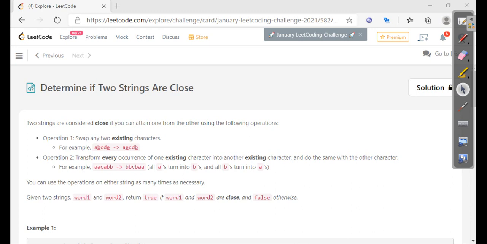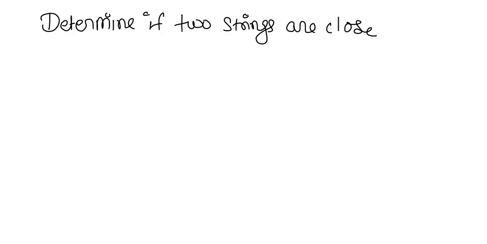So how are we going to solve this problem? Suppose we take one example, A, A, C, A, B, B, and another is B, B, C, B, A, A. Can we get one from the other?